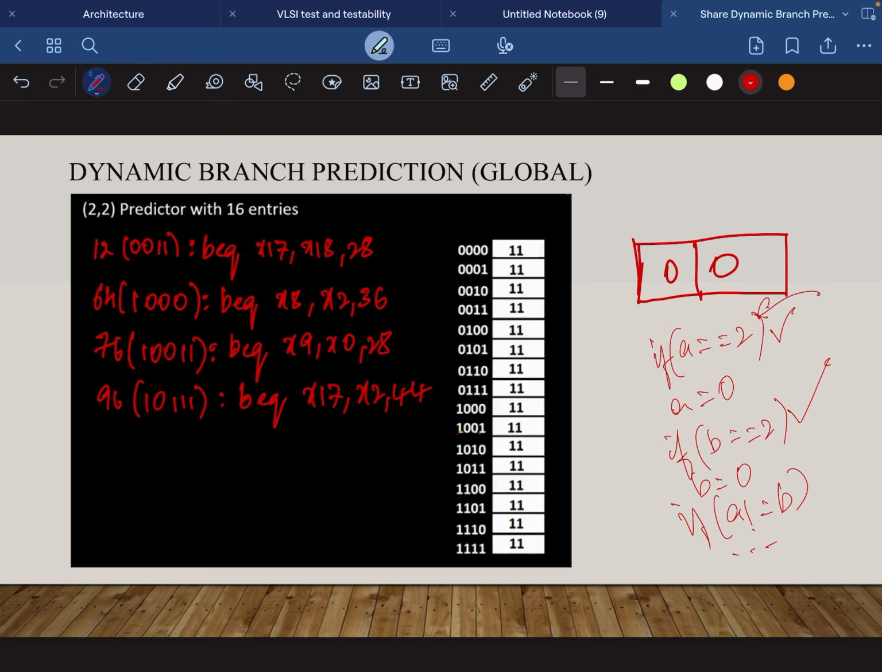Translating this high-level language corresponds to branch instructions in assembly language. If these two branches are true, then it is always sure that this branch is not true, because a and b are assigned the same value. It means that a and b are equal, so this will always be false. So this branch instruction is influenced by the previous